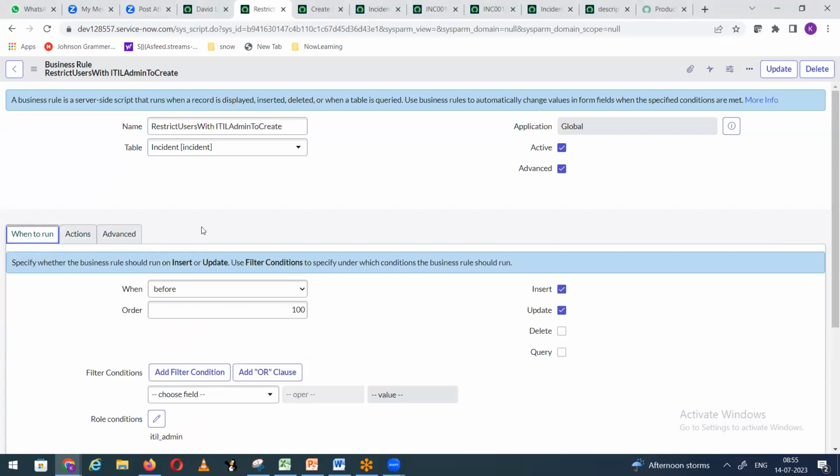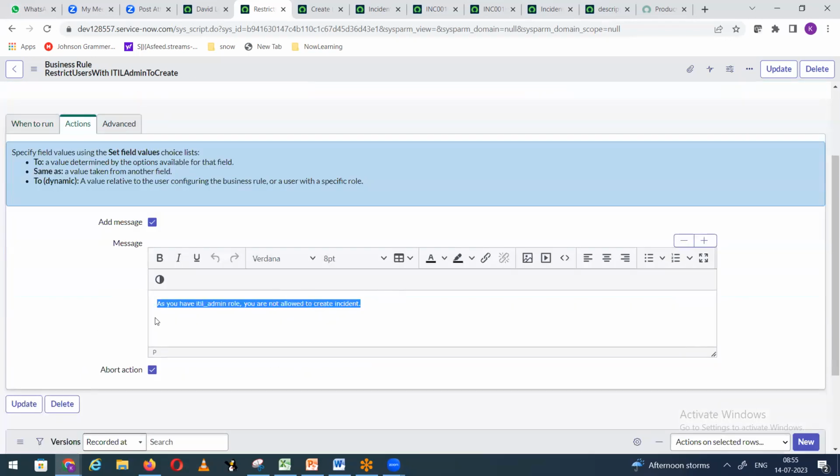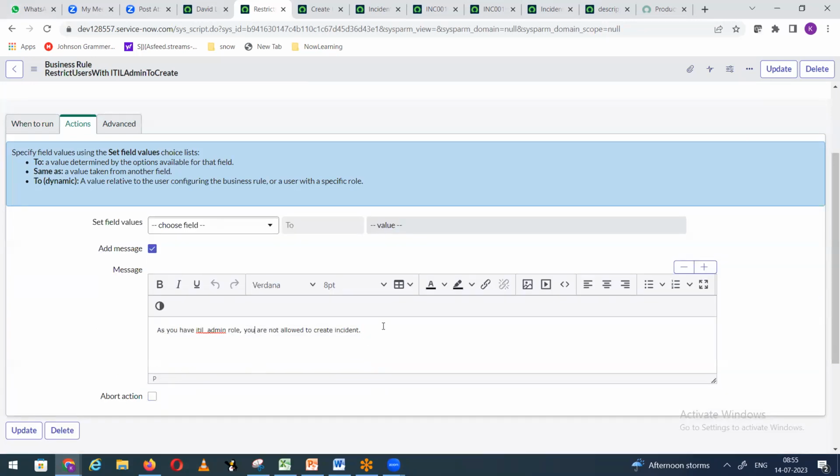Okay. Here what I'll do is, yeah, it is before business rule, no? I will click on after insert, after update. So what action should be done? Here I will see that after insert, after update, there is no point in having abort action, right? Abort action is nothing but before only, it should not allow. So I will not do it. Abort action I will not do. But here I will add a message called even